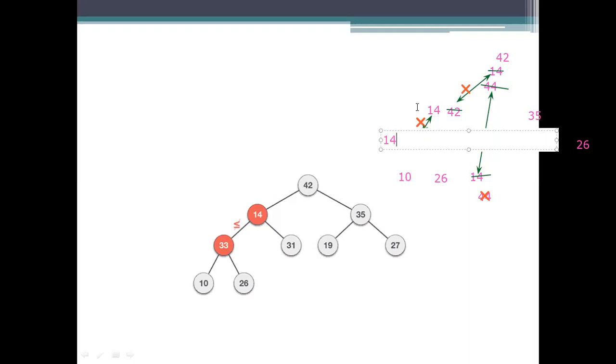Now the root node here will be 33. Okay. Next one. We need to strike off this thing. So here the comparison will be done again. It is greater than the value, so there is no need to swap, stop there itself.